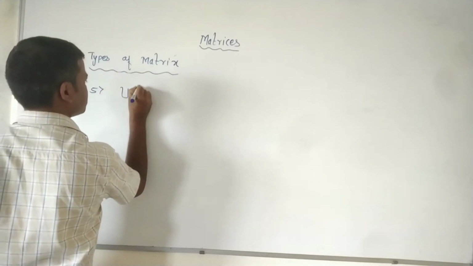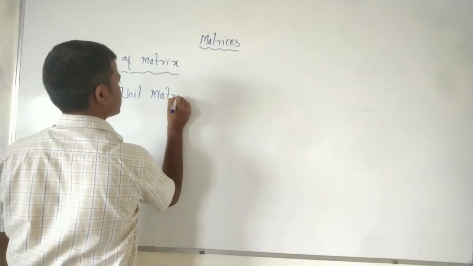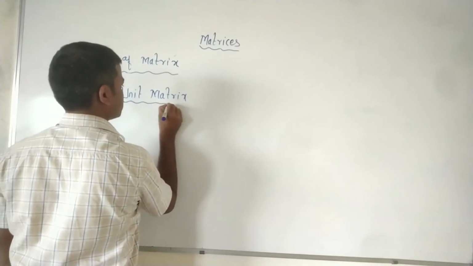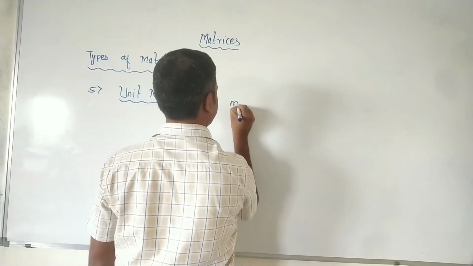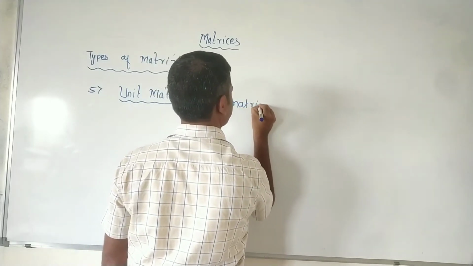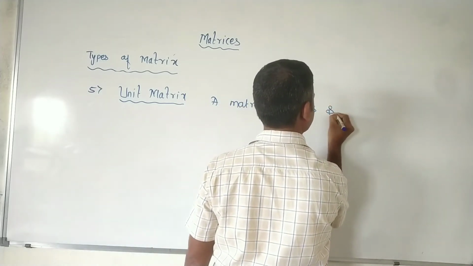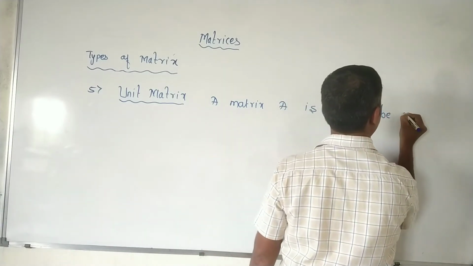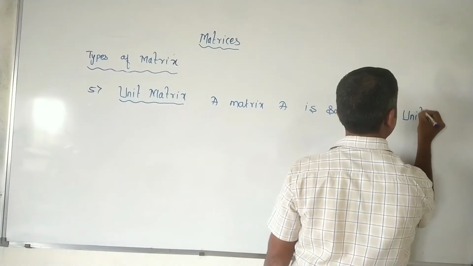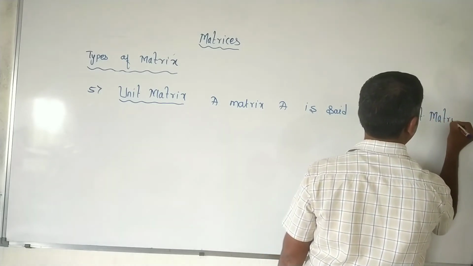Unit matrix: a matrix A is said to be a unit matrix